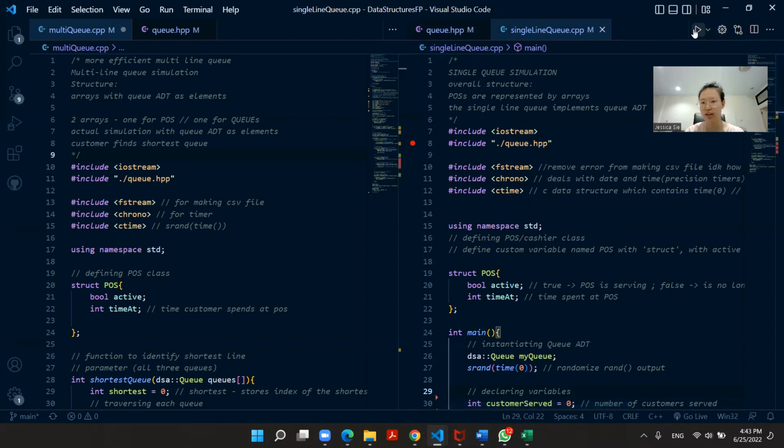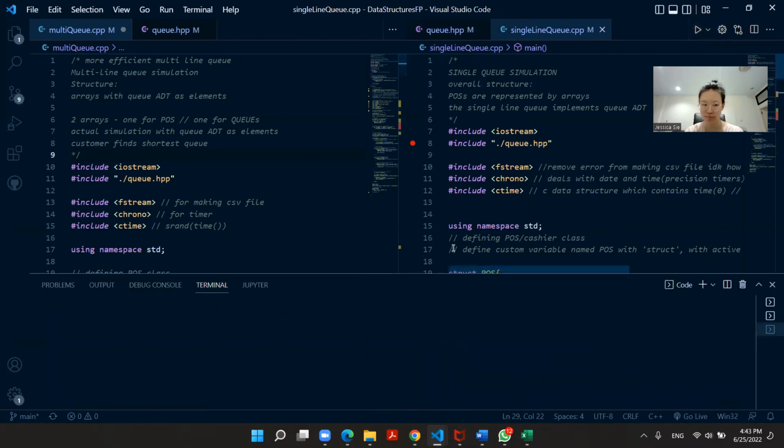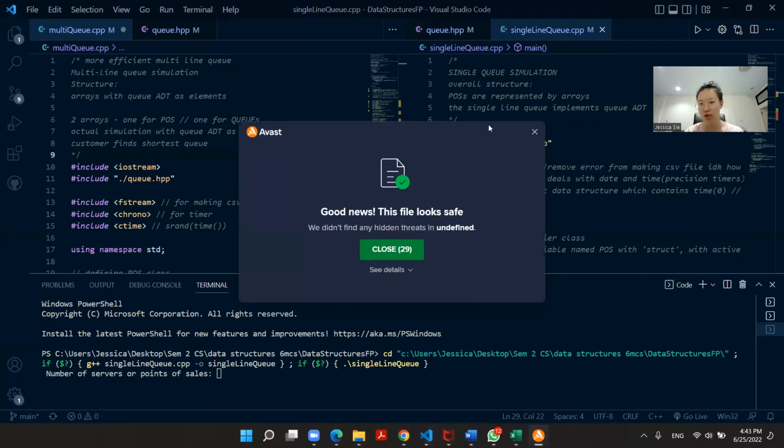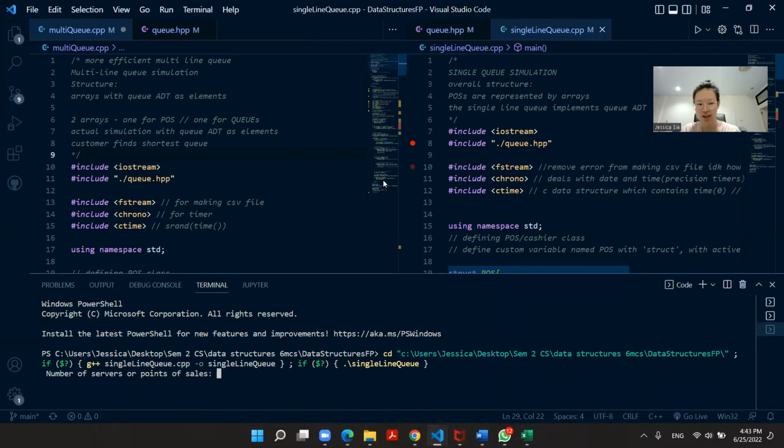So first, let's run the simulation for single line queue. Upon running the simulation, the program is going to ask the users for some input. These inputs are going to be kept constant for both of these simulations for a fair comparison. So the first input is the number of servers for the queuing systems. We are going to put in 3 as that is the most common number of servers in the retail stores